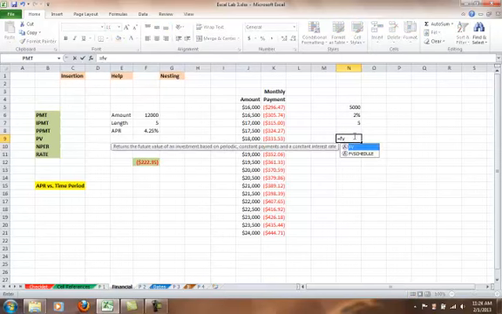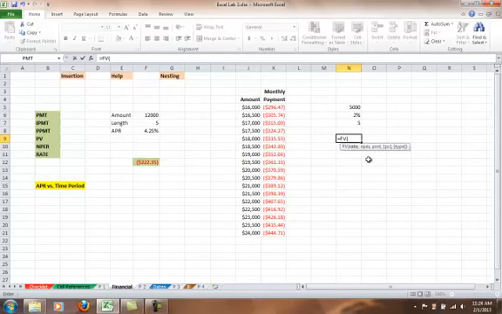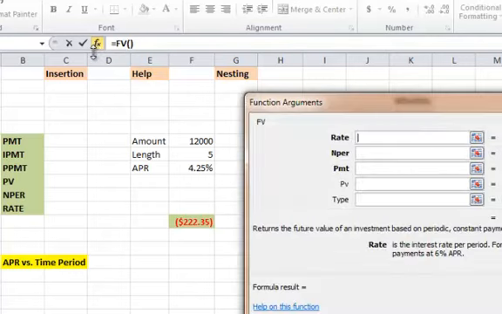So if you know what the function is, you can just start typing it in. And I happen to know this is FV for future value. And you'll get this little drop-down menu here. And if you pick the one you want, then you can just hit the tab key, and it'll automatically fill in the rest of the function name for you. Okay? And then once I've got that in, I can just click on the f of x guy, and it brings me back to this dialog box. So there's yet another way to get to this dialog box. Your choice, however you want to do this. Okay. So here,